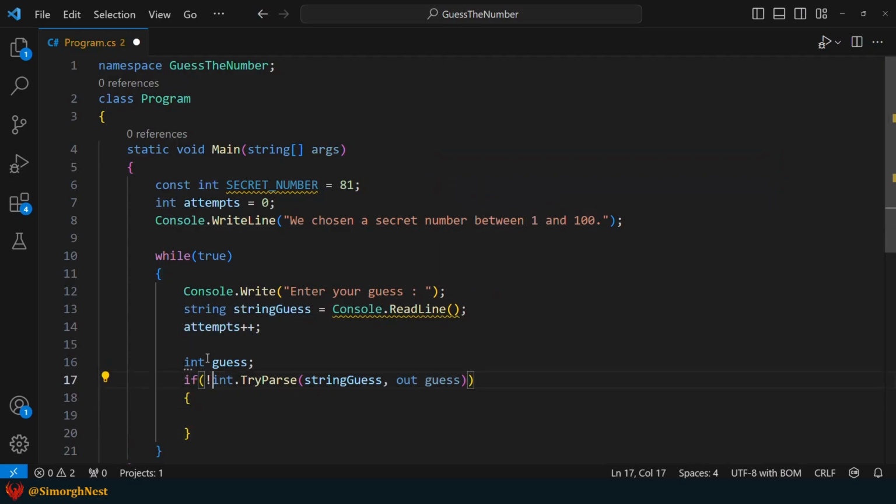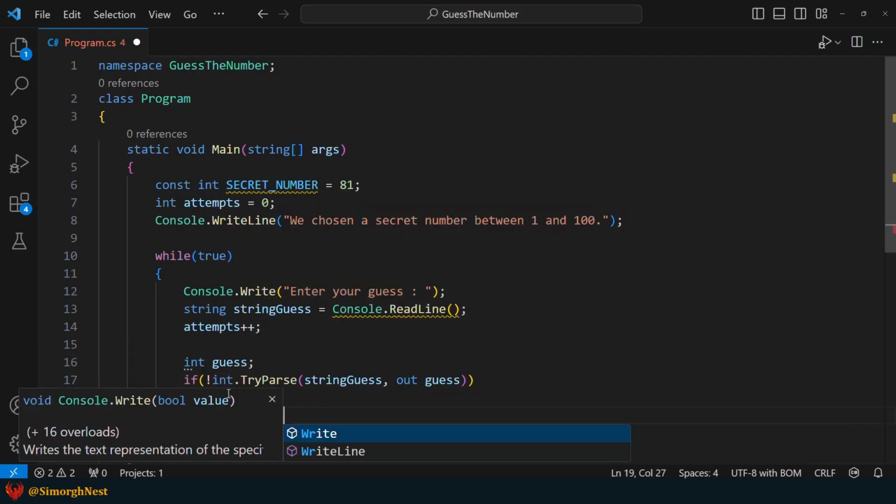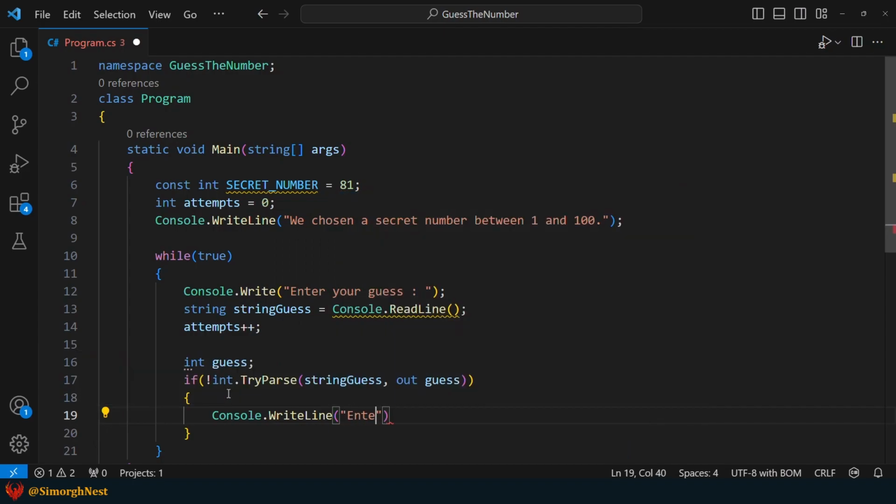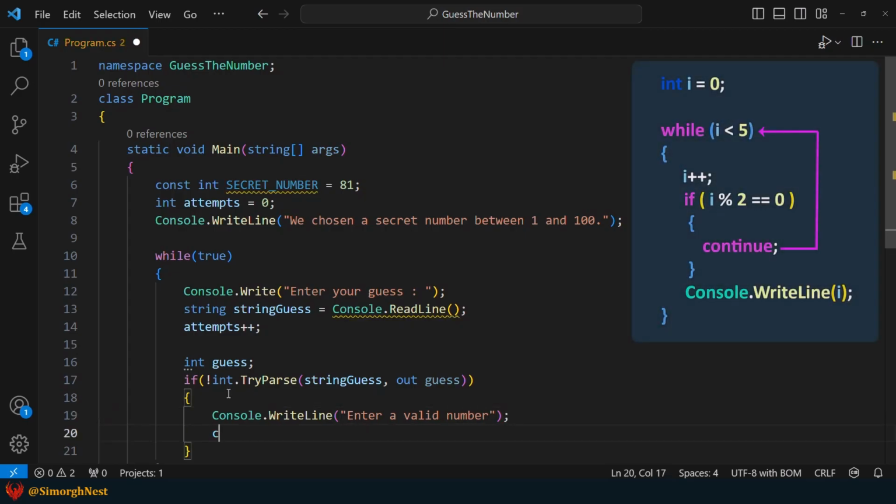If the guess is not valid, we show an error message. Then, let's use the continue statement to start the iteration again from the beginning.